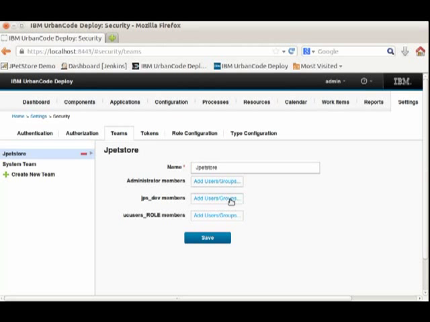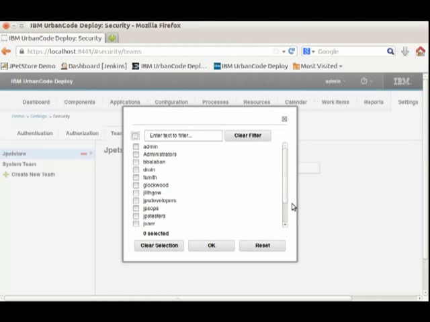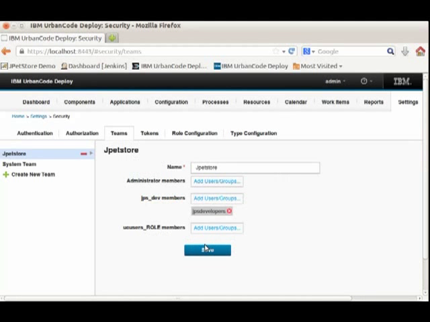When I create a team, or I have a team, I have the roles available underneath that team. And as you can see, I've created JPetStore developers, and I can add users who are going to take that role on that team, and I can do that either at the specific user name. Obviously, here's our test users, or I can grab one of the groups that was brought in by our LDAP integration. So here's one of our LDAP groups that we were looking at earlier. I can associate that with that role on that team,